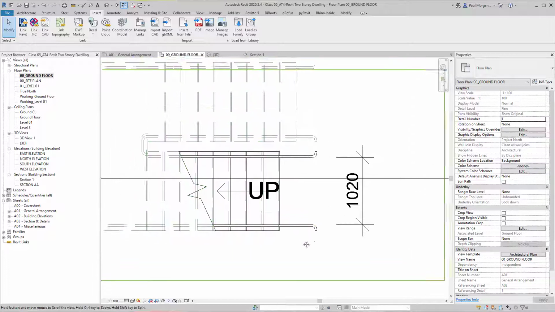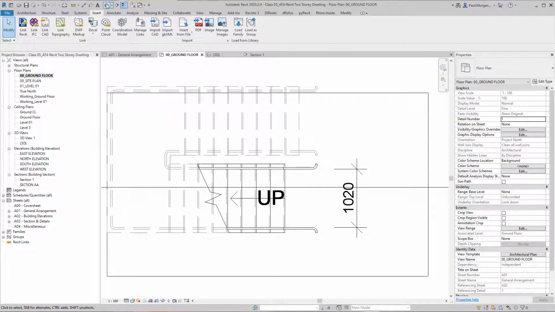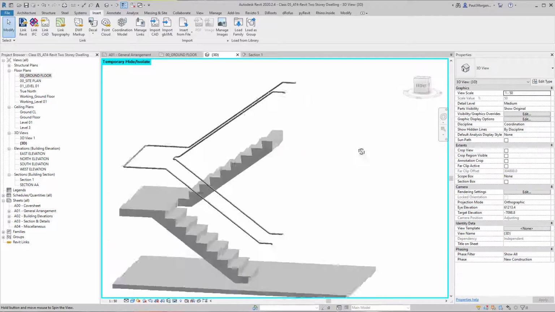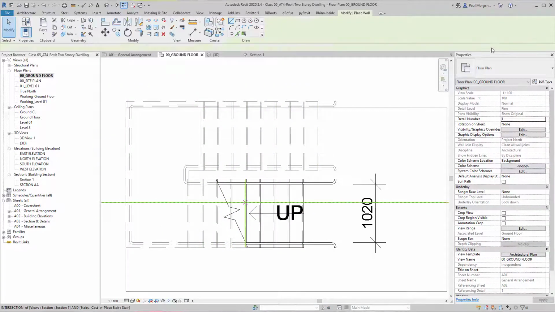20 mil for compliance checks as well. So that's good. That's now a compliant stair. That looks great. Now you're probably thinking, so if I go back to ground floor, I'm going to grab my